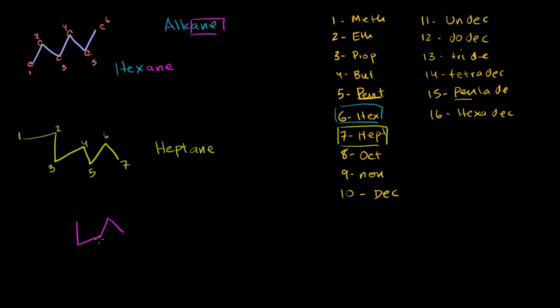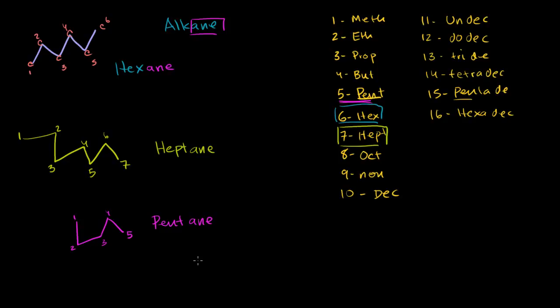So 1, 2, 3, 4, 5. Okay, so that's 5 right there. I have 1, 2, 3, 4, 5 carbons in a chain. If I just have 5 carbons in a chain like this, it would be pentane. Pentane. But if I have 5 carbons, and then they form a ring,